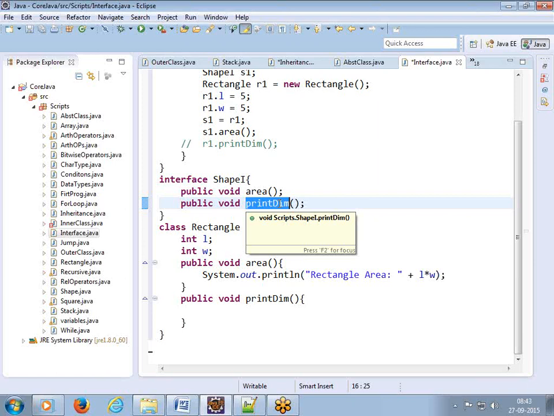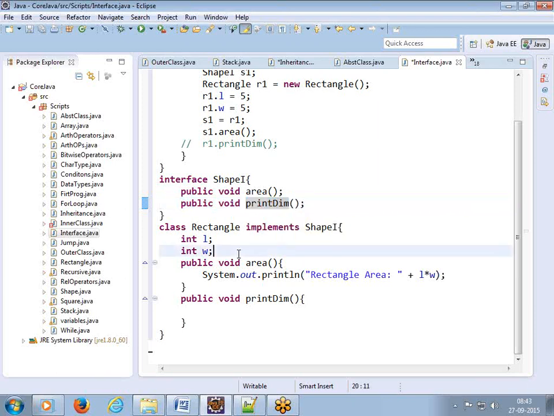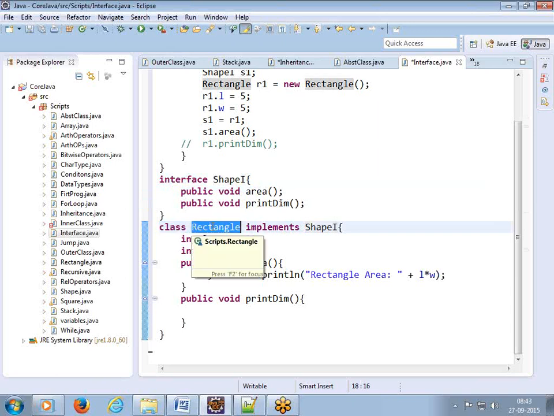Inside subclasses, inside the classes, we can define these methods' implementation. See how to implement interface methods. To implement interface methods, we define here a class, a rectangle class, implements shape I,